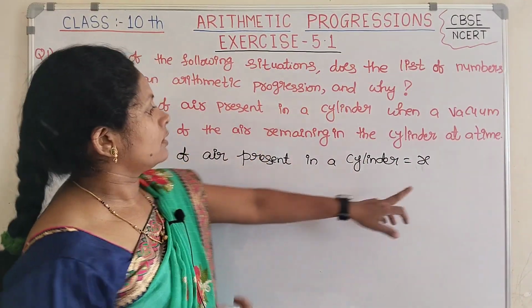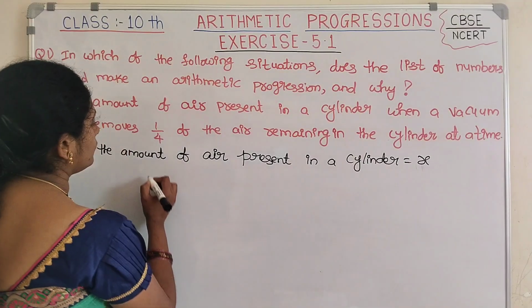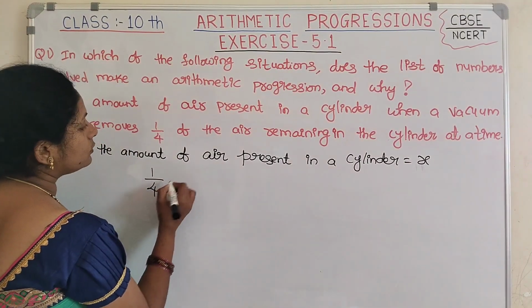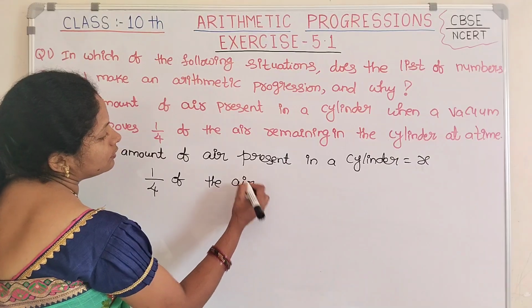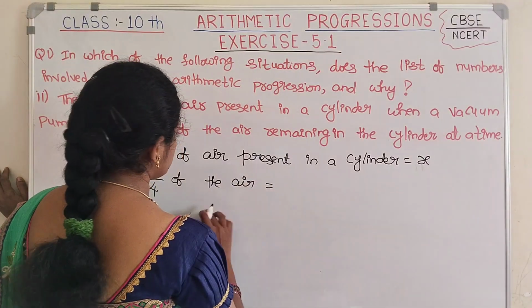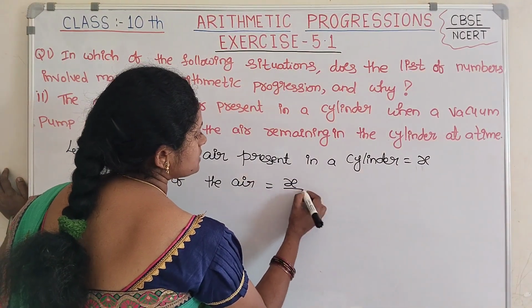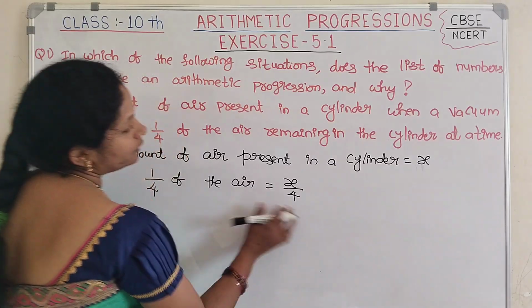From this X. 1/4 of the air is equal to x by 4. Then